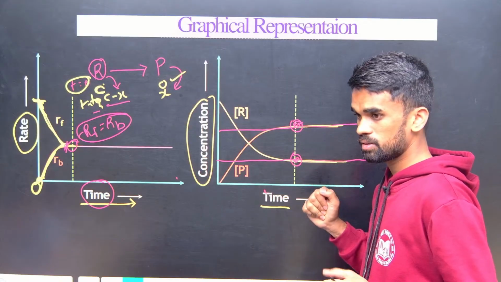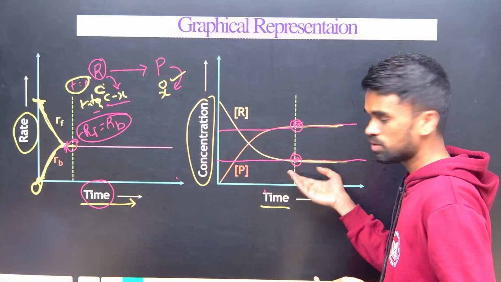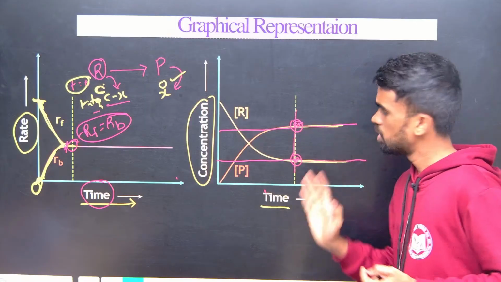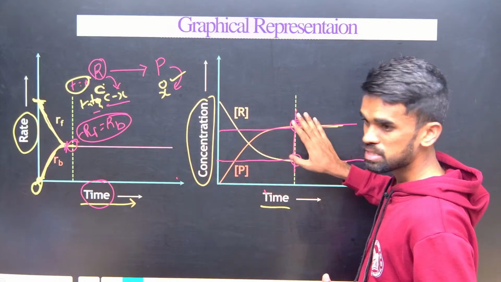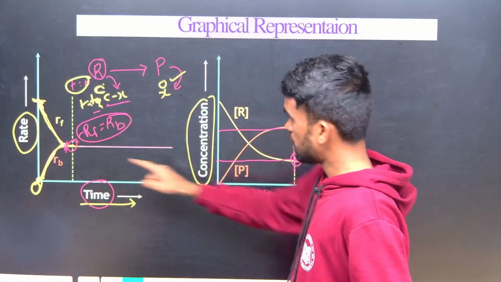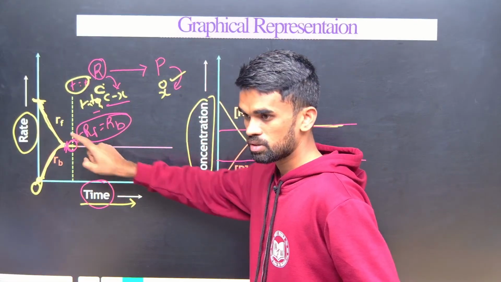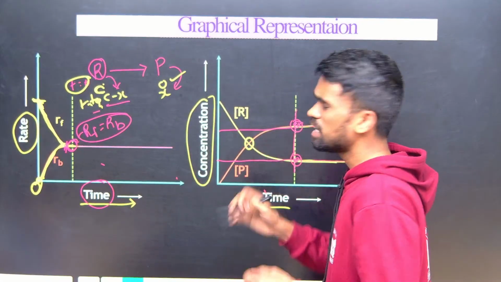Or when the lines are parallel also. From this point, okay? Do you get the difference? See, concentration must be something like this. Rate must be like this. Rate should not be like this. Rate should be equal. So what is the point of intersection? This is a point where they might have got the equilibrium state,